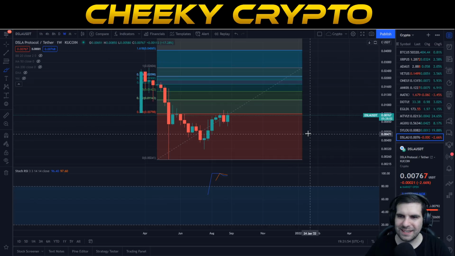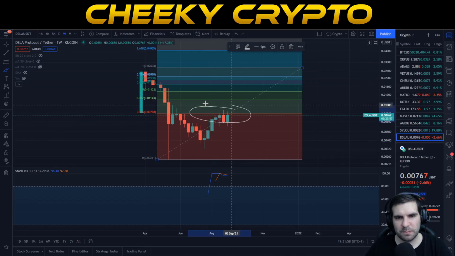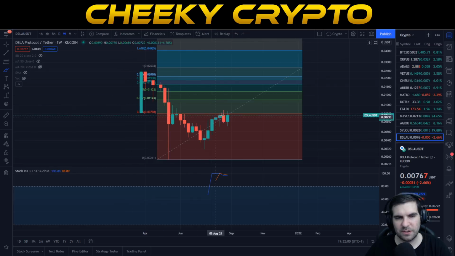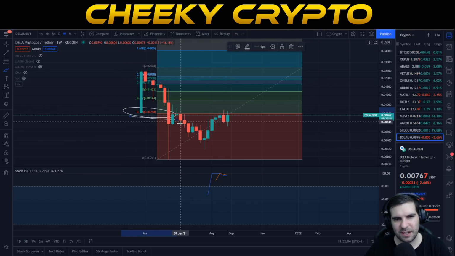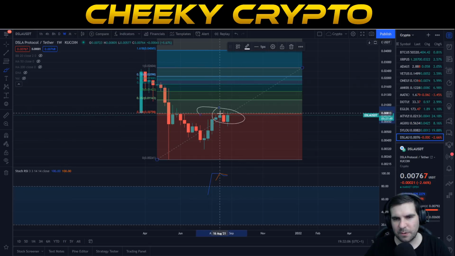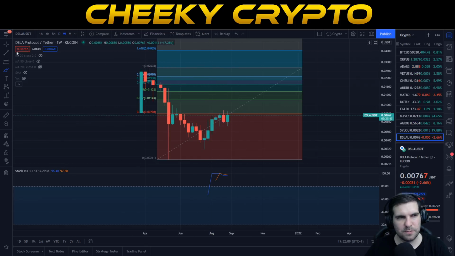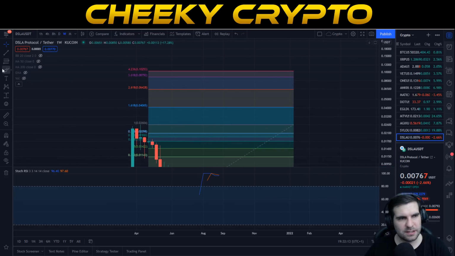Now, right now we are tracking at 0.007, so 7/10 of a cent, and we're just below our 4.236, sorry, not our 4.236, but our 236 area just here. Okay, so this is an interesting area that we're battling. This is resistance. Now, obviously, there's not too much I can talk about on this weekly chart, but we will just take a look at those extensions. So the first target is 4 cents, second target is 6 cents, then 8, then 10 at the top there. So some progress to be made.